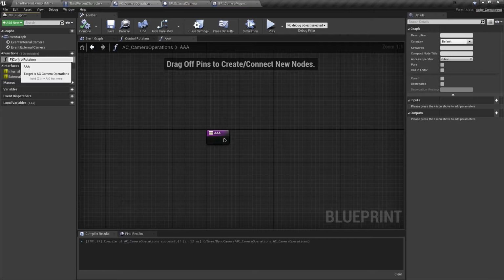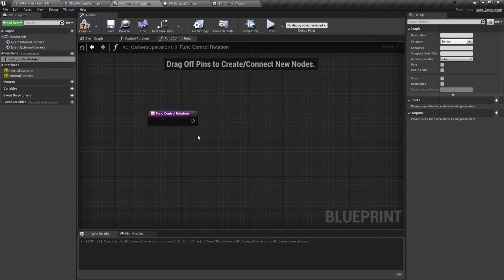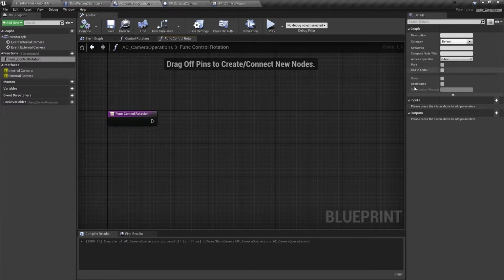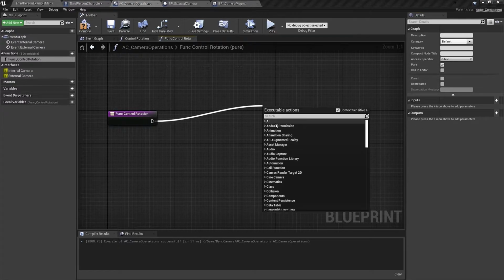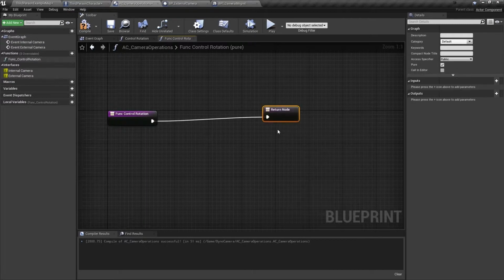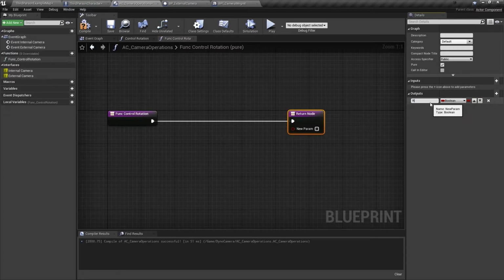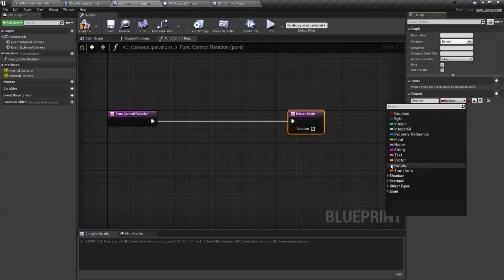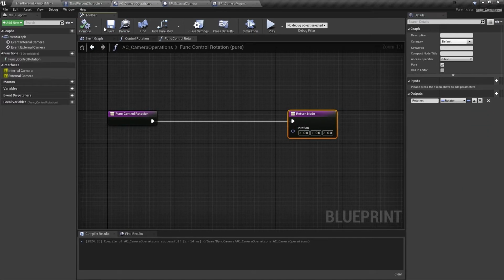I'll label it with func so that it's a function. Control rotation is obviously a keyword of the engine instead, which might also have been why the blueprint interface was acting funny with that. But in here I can just make it pure, and that's what I want, because return, and inside the return we have our rotation as a rotator. Okay, so now